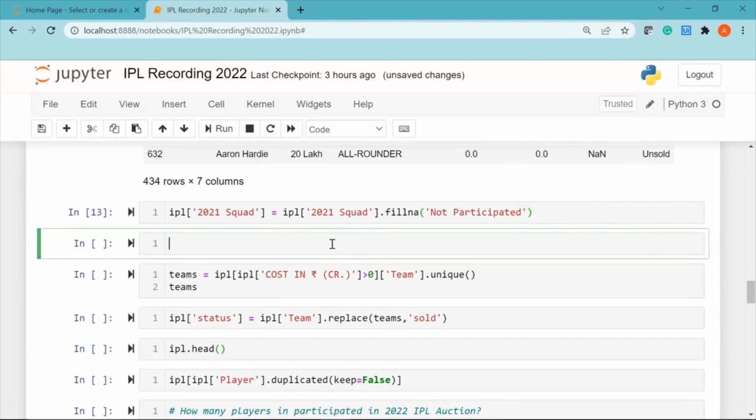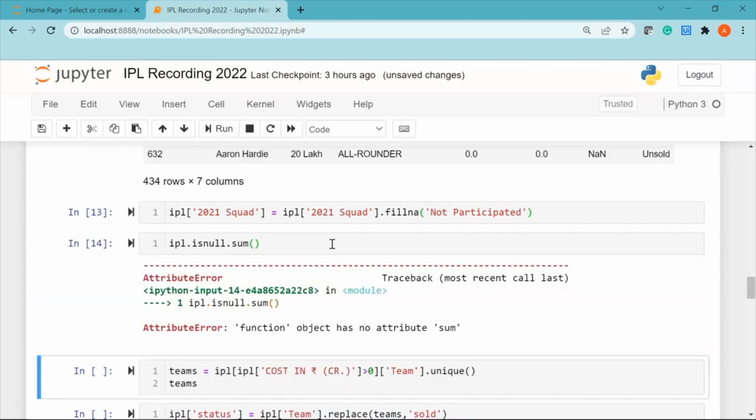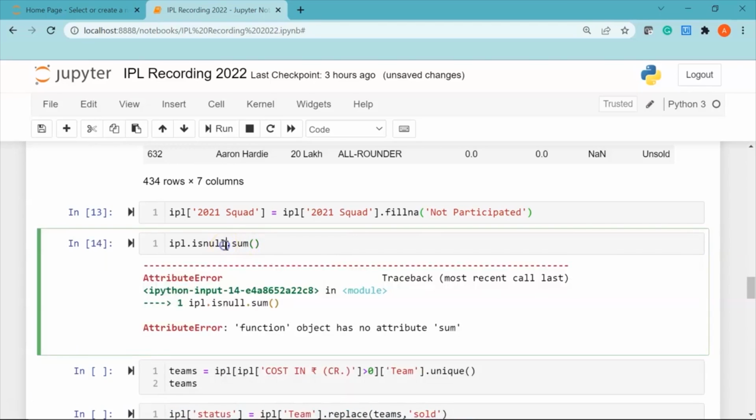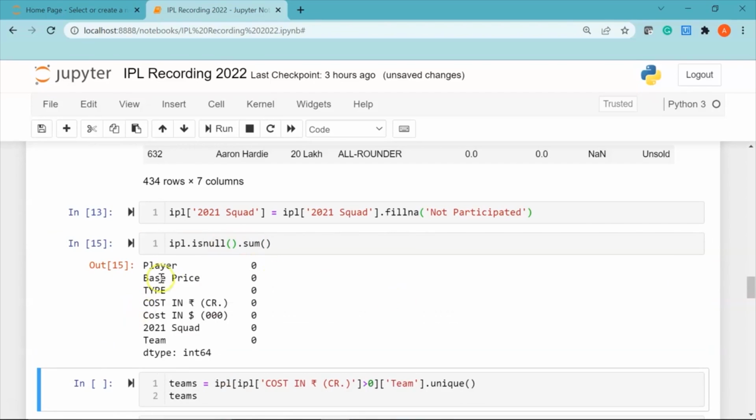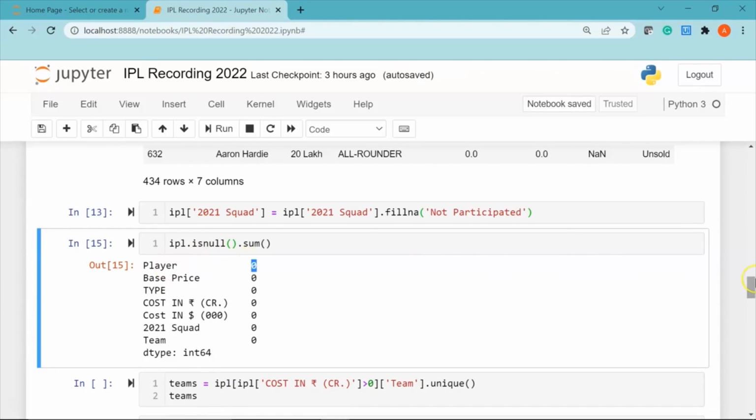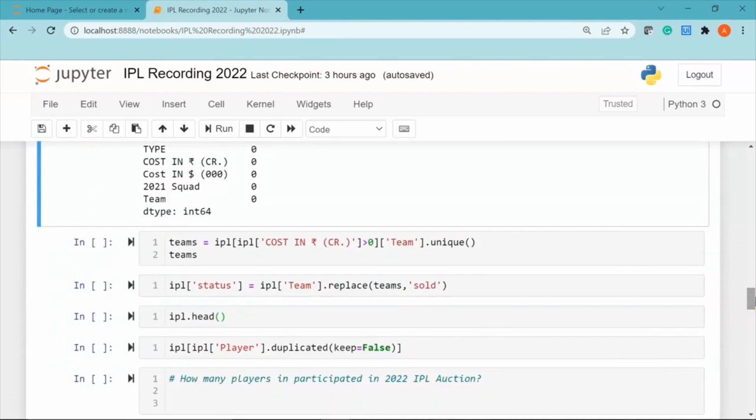Now that we have treated the null values successfully, let's verify it again. So I'll just say IPL dot isnull, and then I'm going to use the sum function. If I run this, okay, this is also a function. Cool. Now if you see, we have successfully removed all the null values and replaced them with either zeros or not participated, and hence now you can see none of the columns in the IPL data frame have null values, so it shows 0. Great. Now moving ahead,